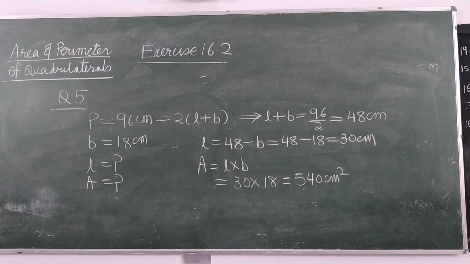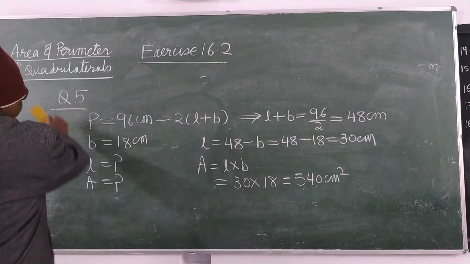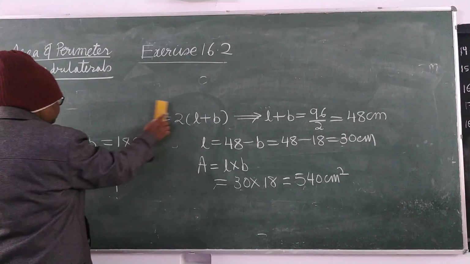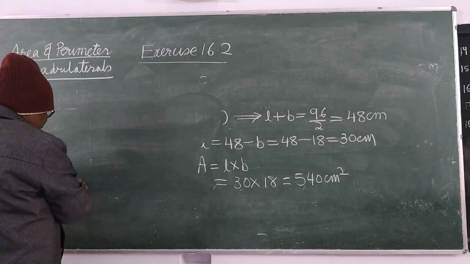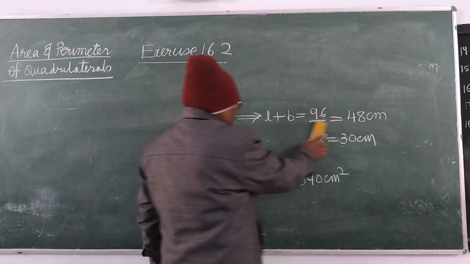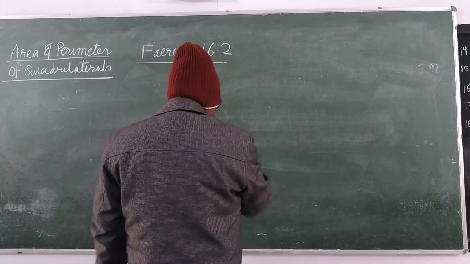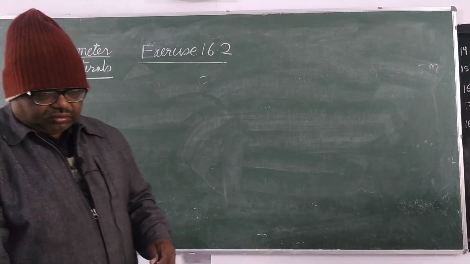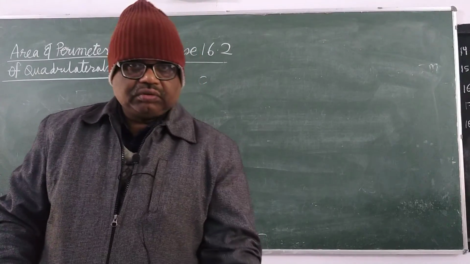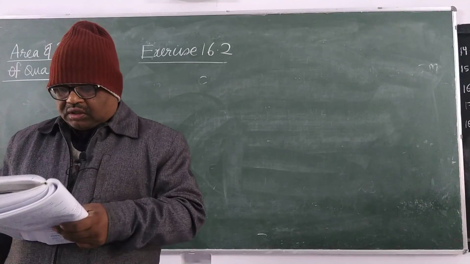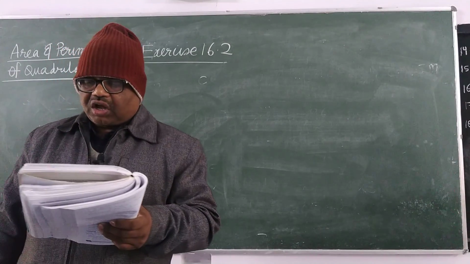Now see question number 6. The length of a rectangular hall is 5